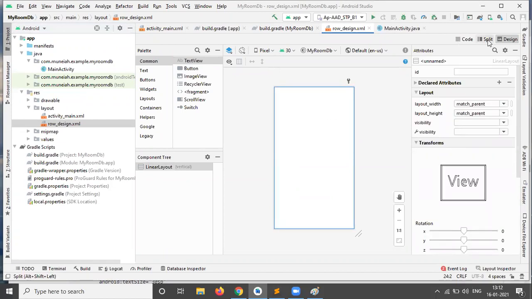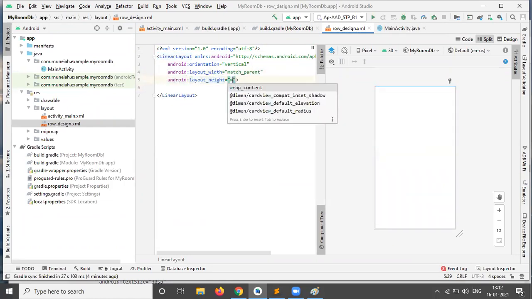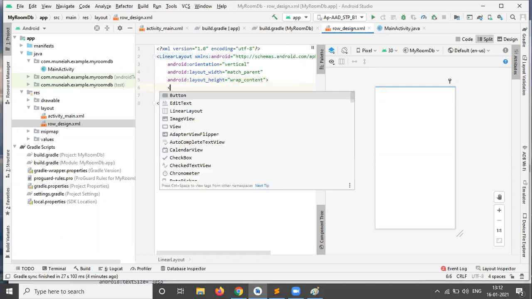Here just go to the split part, open the split part, and I need to change this layout height to wrap content. I don't need match parent. I changed just the height to wrap content. The next thing, I need to add a text view.